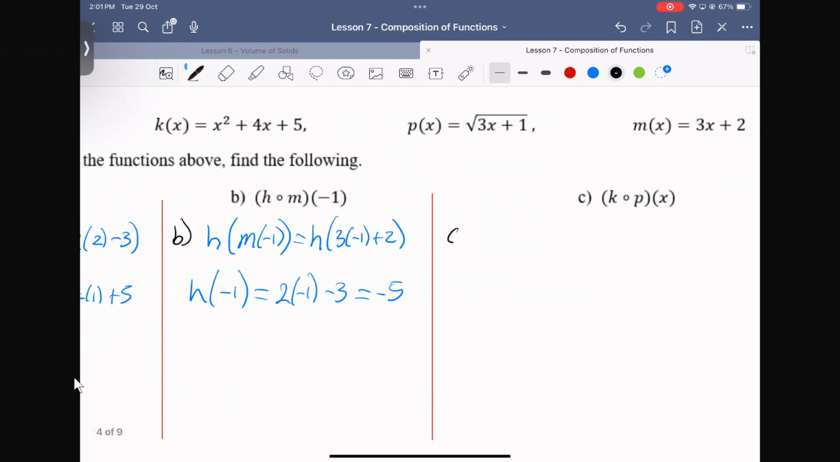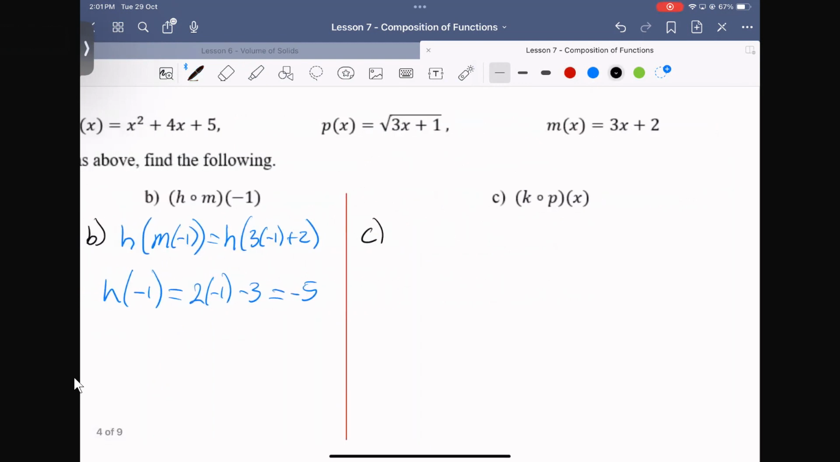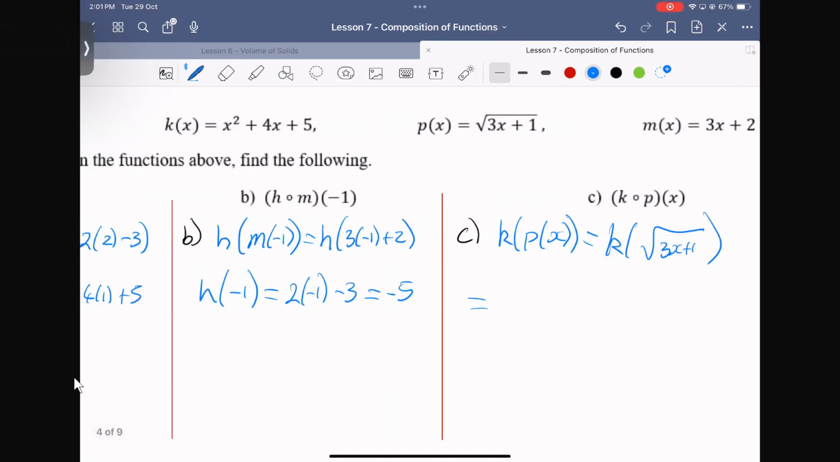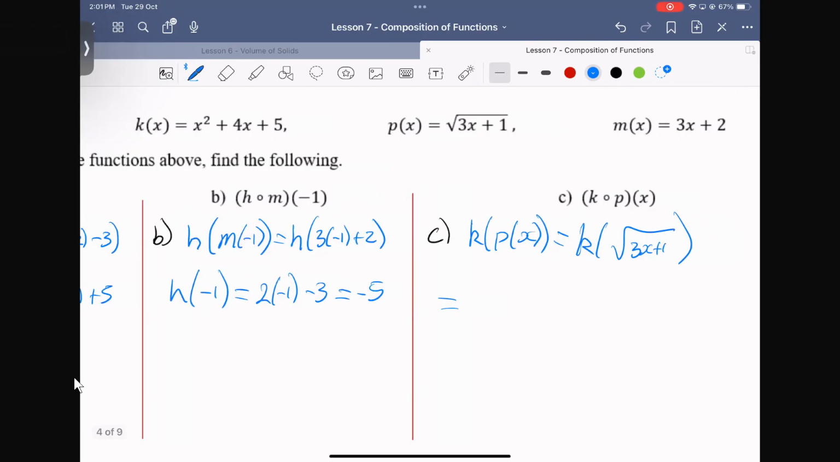So C, we need k of p of x. Nice. So we need k of, where's p? It's root 3x plus 1. And then where's k? Ooh. We've got to pop this in twice. So we've got root of 3x plus 1 all squared plus 4 bracket root 3x plus 1